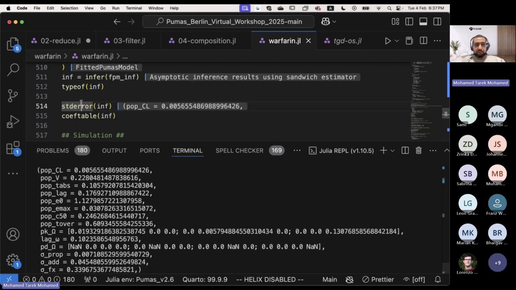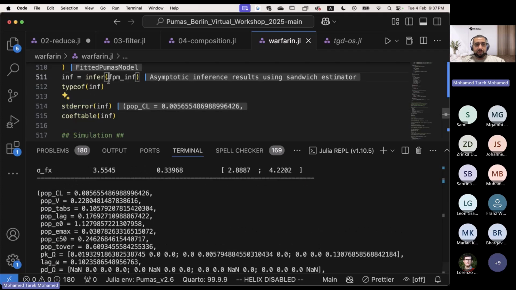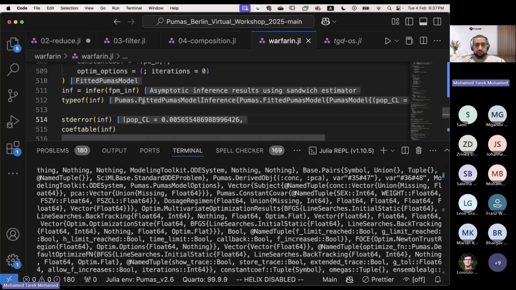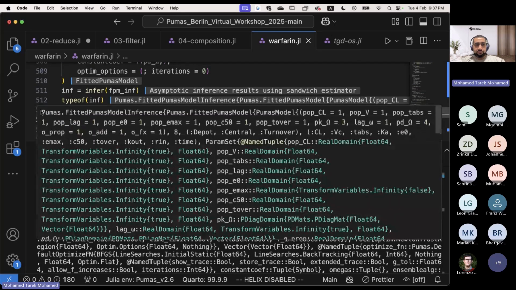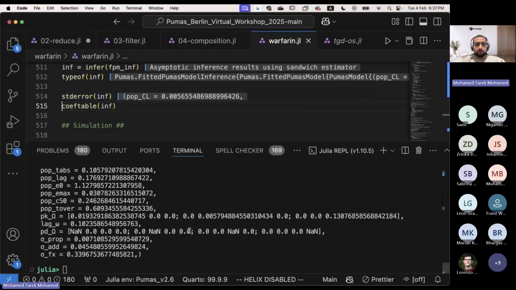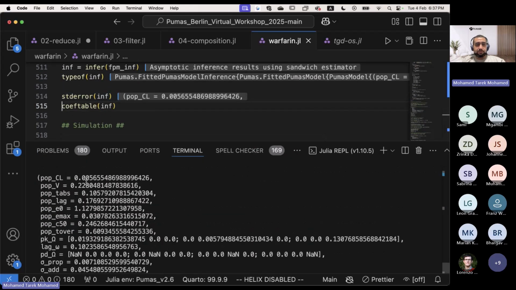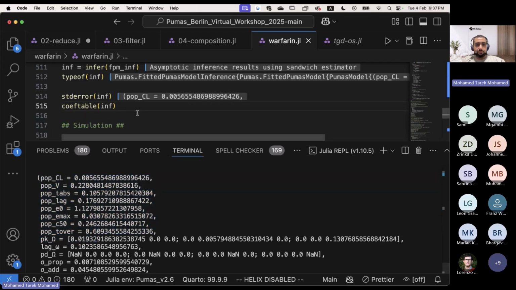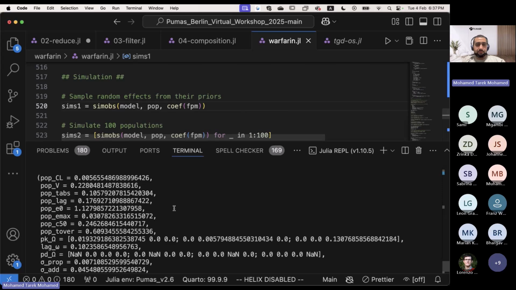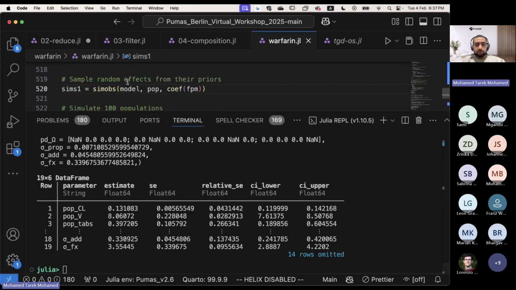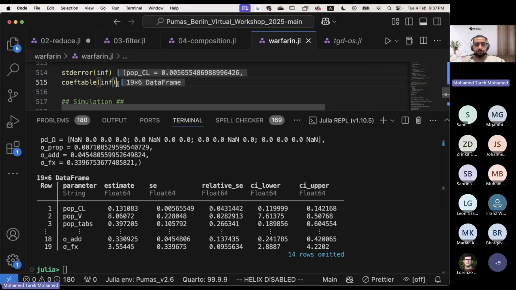So if you look at the type of n first, it's going to be, again, a very long nested type, but the first part of it is this fitted Pumas model inference type. And if you call the std error function on it, you will see that we have the standard errors coming out as a named tuple. And if you would like to present them in a slightly better way, in a table or in a data frame that you can summarize and report, you can